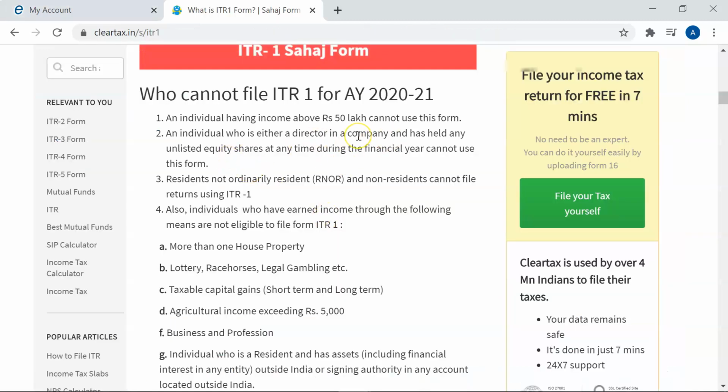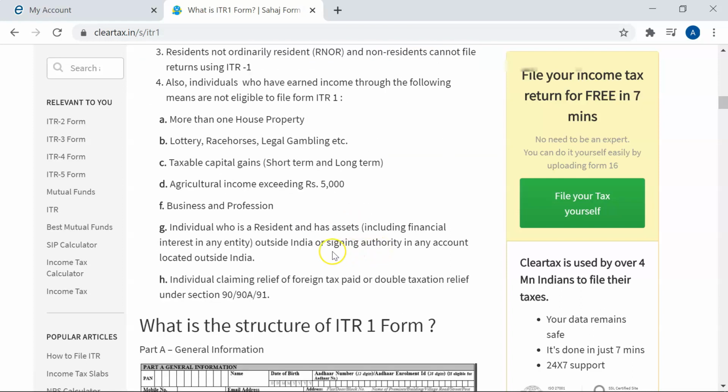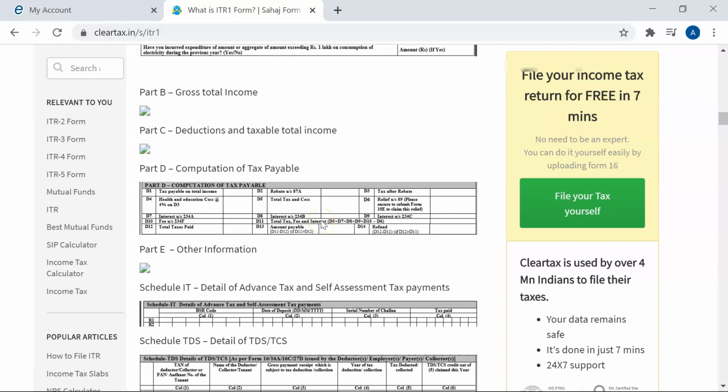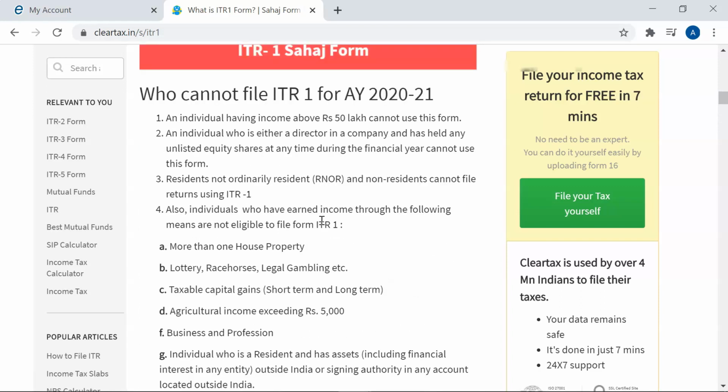So this is the exhaustive list stating who cannot file ITR 1 Sahaj form. Sahaj means simple. It is very simple. An individual whose income is above 50 lakh or who has taxable short-term capital gains or long-term capital gains, maybe by selling of assets, shares, mutual funds, whose agricultural income exceeds 5,000, who holds more than one house property, who is having a business as a profession, those individuals are not eligible for ITR 1.